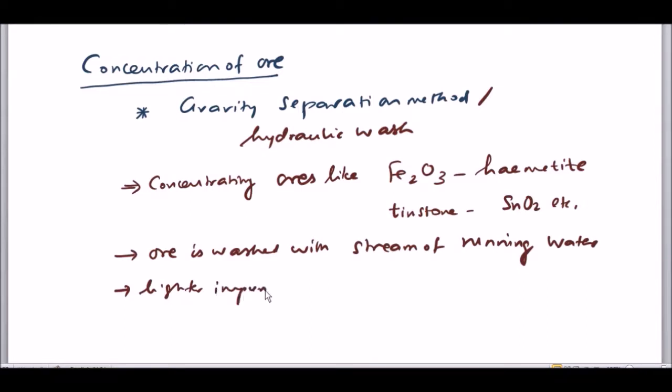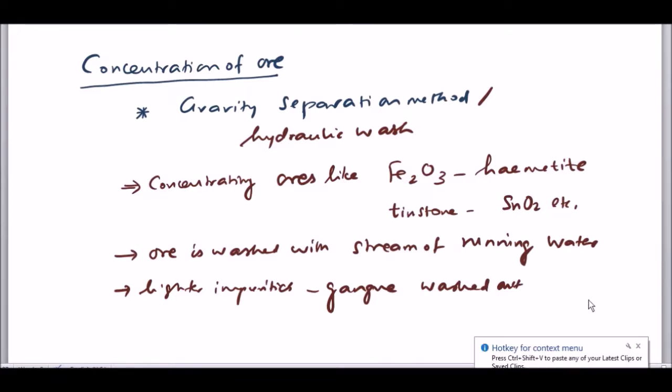The lighter and lightest impurities are called gangue. Simply, they are all washed out in this particular procedure. So this is the important step of concentration, the method of concentration called the gravity separation method,